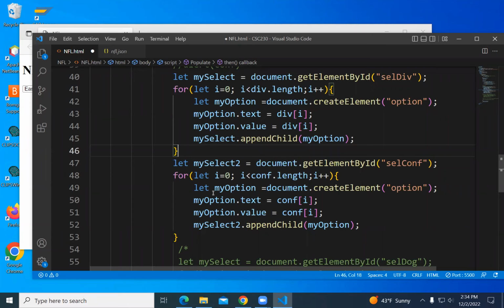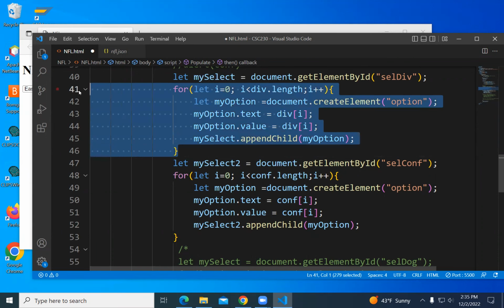It also doesn't complain about my let I, because it belongs just to the loop. Belongs to the loop and nobody else. And so as soon as the loop is over, it disappears.